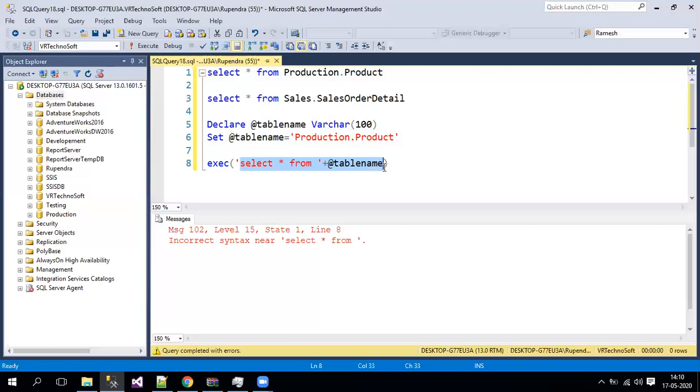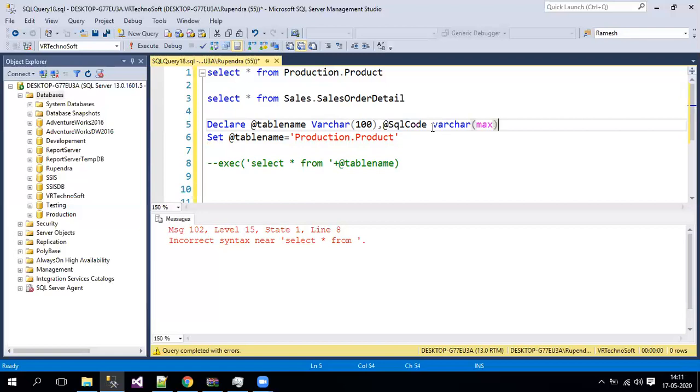This is one of the ways to execute. The other way is, instead of directly executing this statement by using the exec command, you can just copy the entire query. I'll comment out this exec command. Now I store this entire query in a variable again. To store that, we need to declare another variable, let's say @SQL_code, because we are saving the entire select statement code. I'm declaring one variable here with varchar of max.